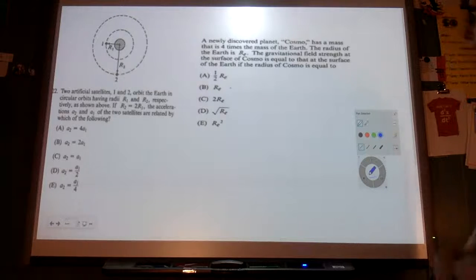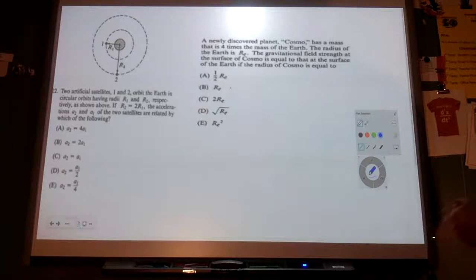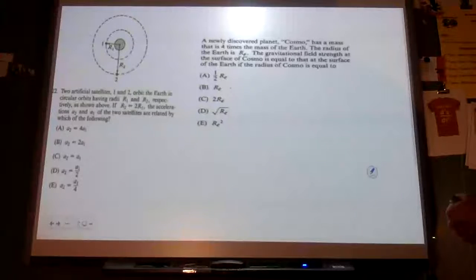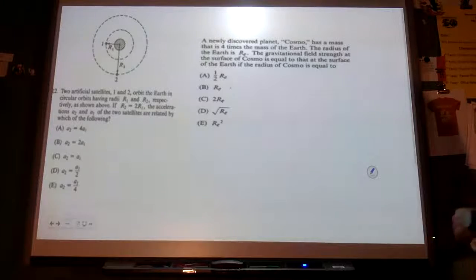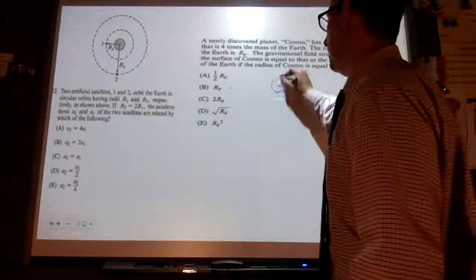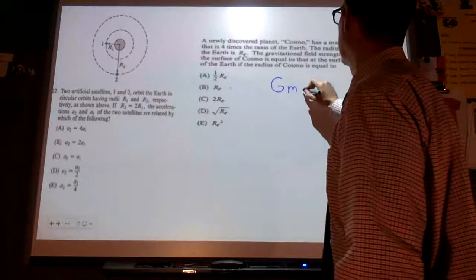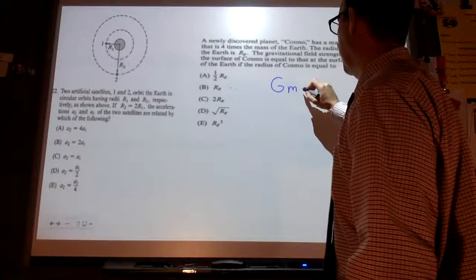A newly discovered planet, Cosmo, has a mass that is 4 times the mass of the Earth. The radius of the Earth is Re. The gravitational field strength at the surface of Cosmo is equal to that at the surface of the Earth if the radius of Cosmo is equal to what? All right, so our formula is